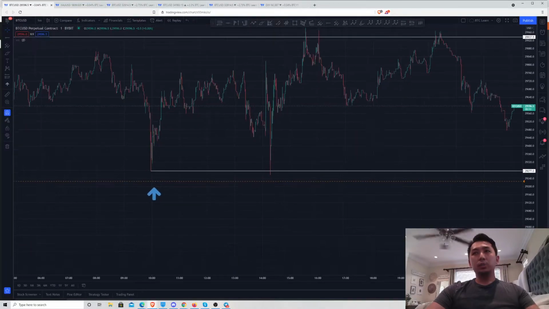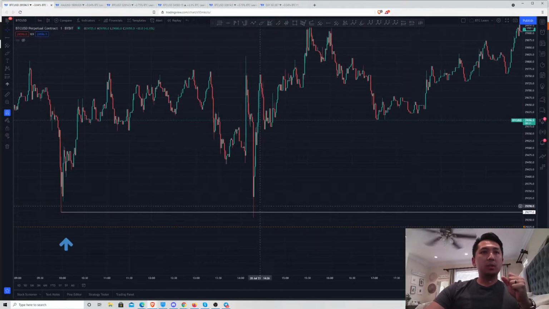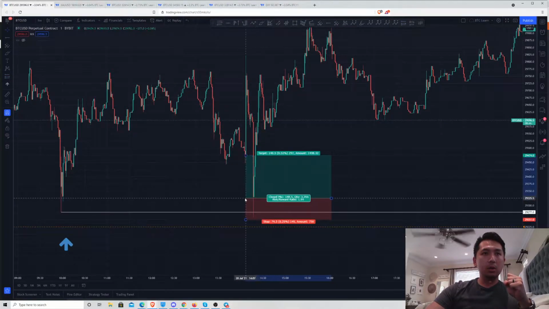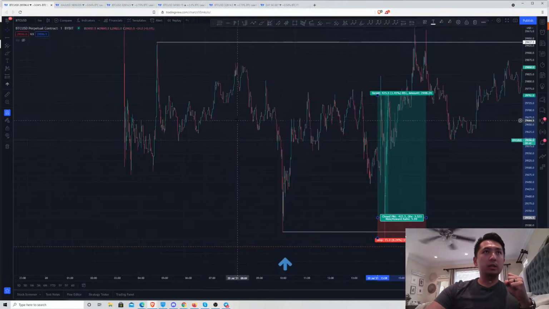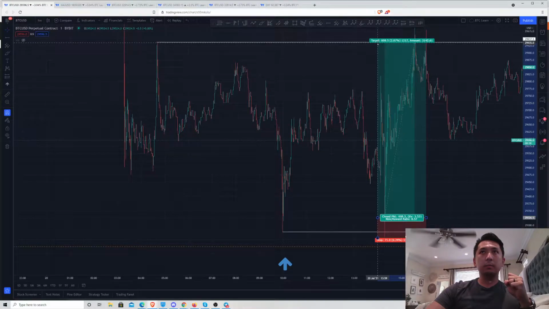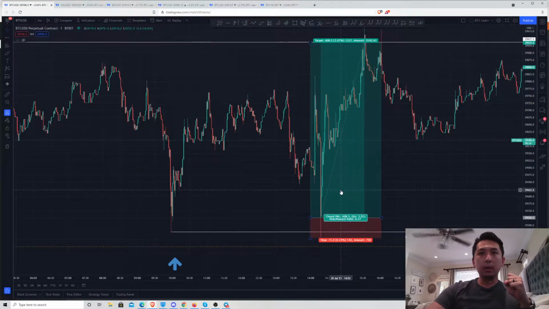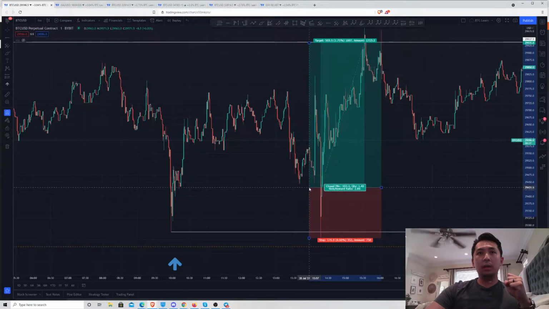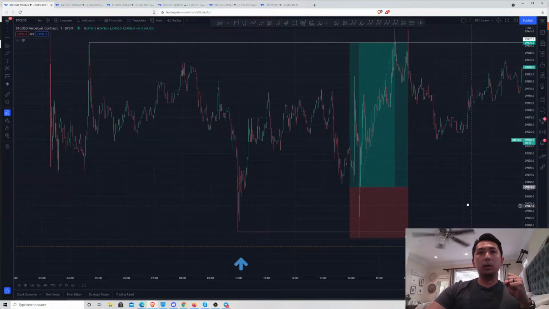And when you do this, this is why it's so powerful, right? So when you grab a long, let's say you caught the long right here, you just put your stop below the last low. You aim towards range high, which was right there. So this one, you have an 8.57 to 1 risk reward ratio. Even if you caught it later and it's all the way up here, you still have at least a 2 to 1